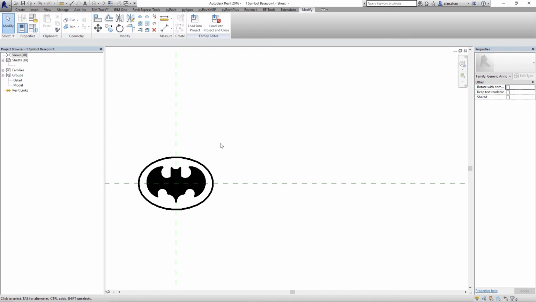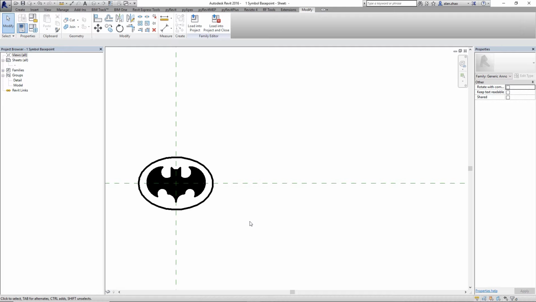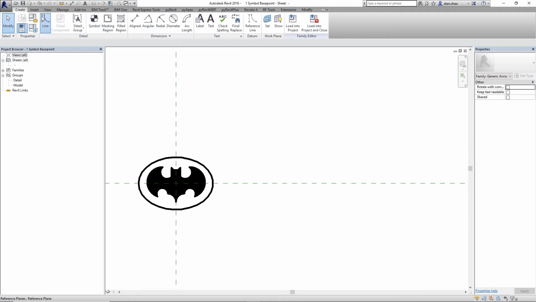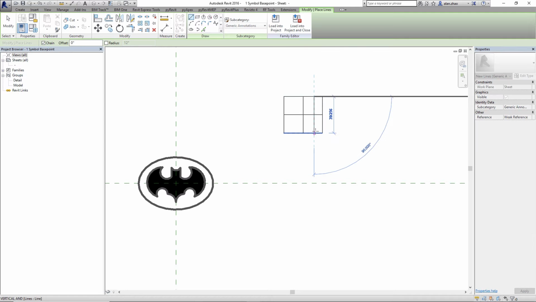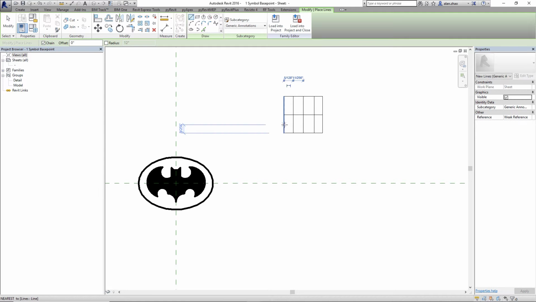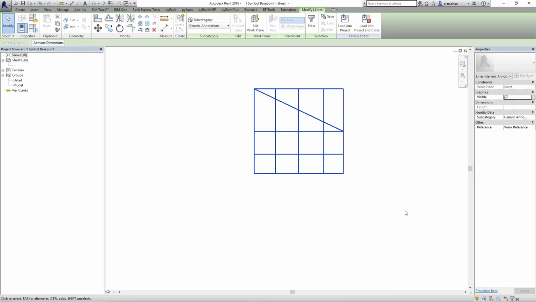This trick about creating a masking region underneath the original family is going to be useful when you have some kind of generic annotation, just like a bunch of lines. For example, if I have this as a symbol, as a generic annotation, and I want to mask the background,